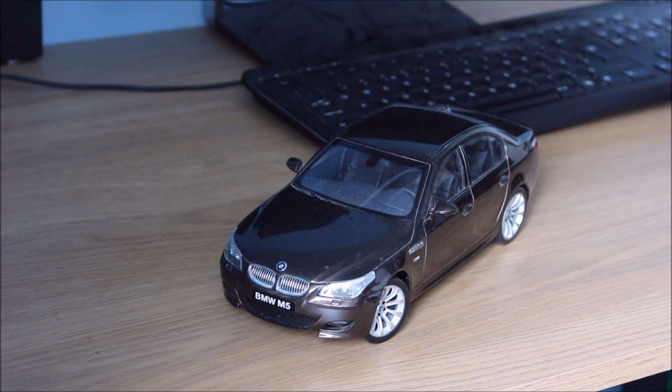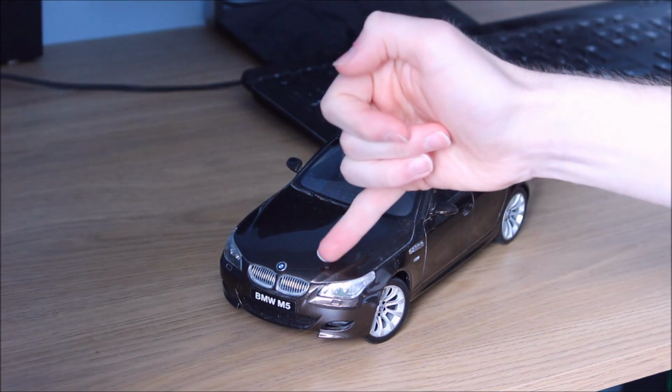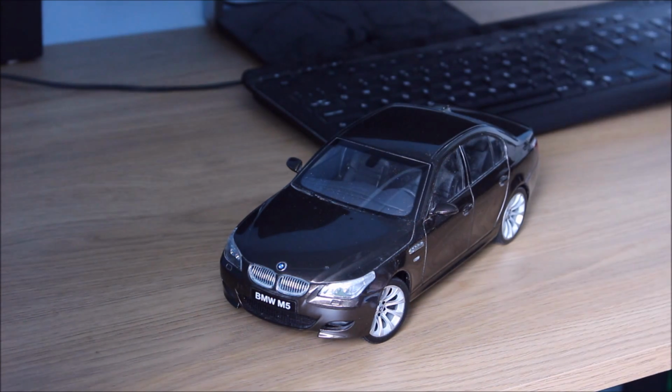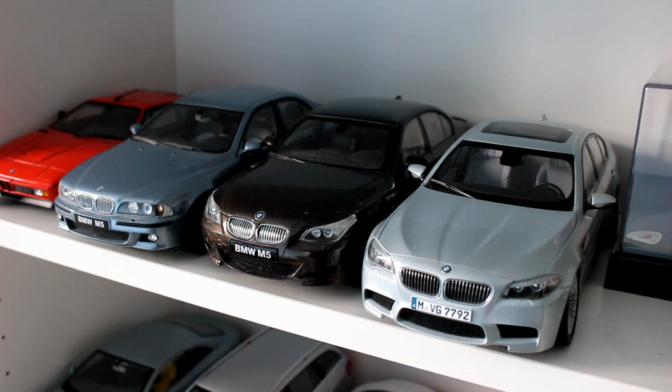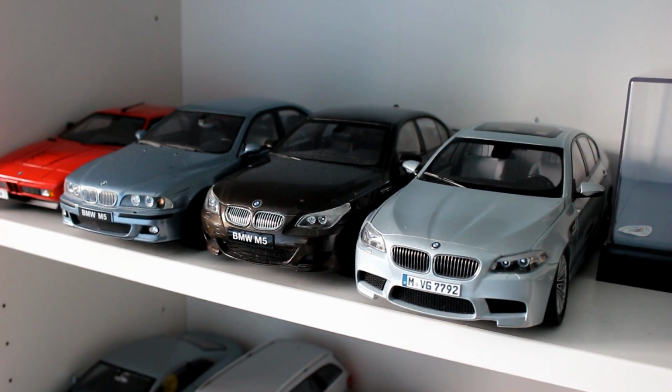After the E39, of course, comes the E60. And this Kyosho E60 M5 in bronze was my first ever model, and it's actually quite beaten up. It's got a massive stone chip here from something, and its exhaust is also hanging off, so I slightly abused this one. And my third and final M5 is this F10 M5, again from Paragon Models,